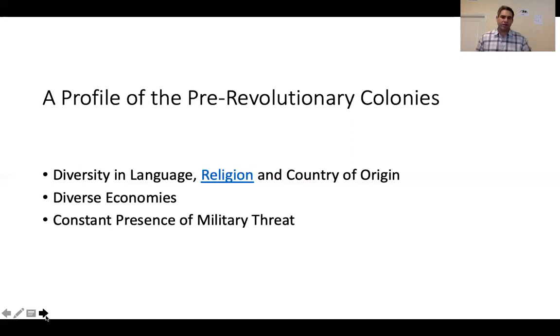The other thing I want to address is the decision of our founders to leave aside a national religion. This is a pretty important choice, and it might help us clarify some of the debates we see in contemporary American politics, when you'll often see people debate whether or not the United States was founded as a Christian nation by pointing to the many different traditions of Christianity that were practiced at the time of our founding.